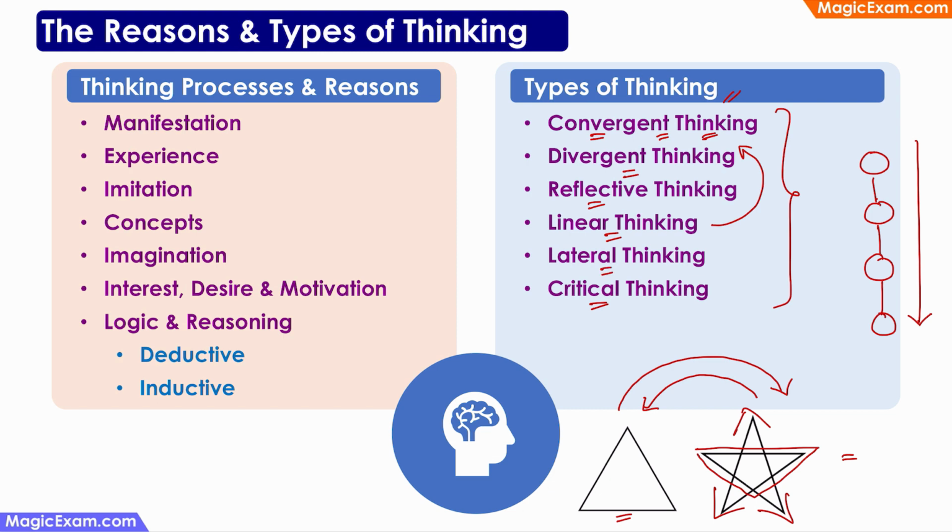Whereas lateral thinking means, like when you gave them this star and asked them to calculate the area of a star and you did not give them any formula for this, they were forced to think about other ways. They were forced to think laterally because they did not have a series of steps that they could follow. They could not think in a linear manner. So they were forced to think laterally and see if there is an option A or B or option C using which they can arrive at the answer for this problem. So lateral thinking is very similar to divergent thinking.